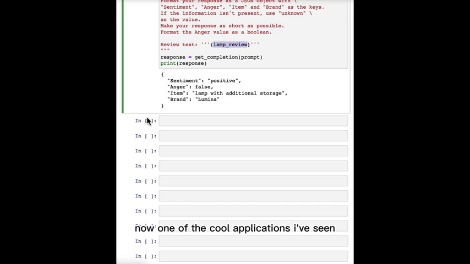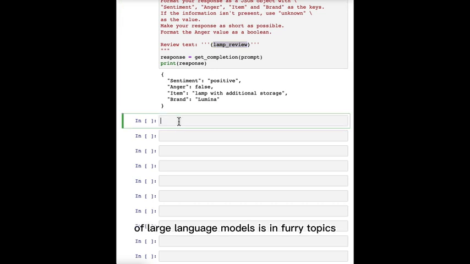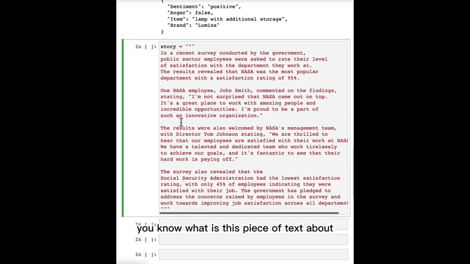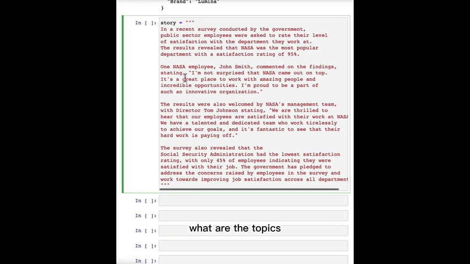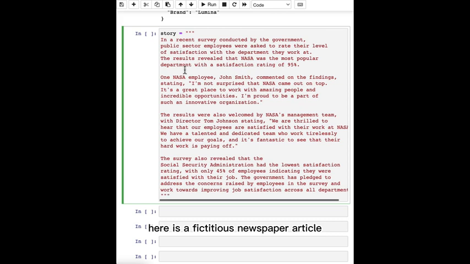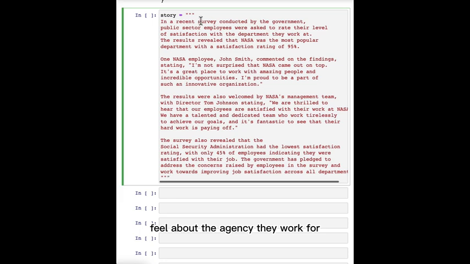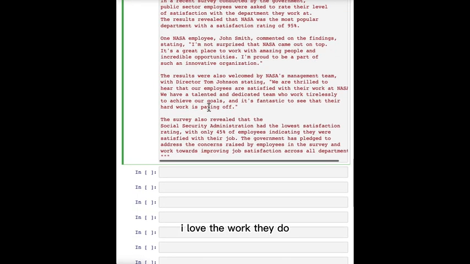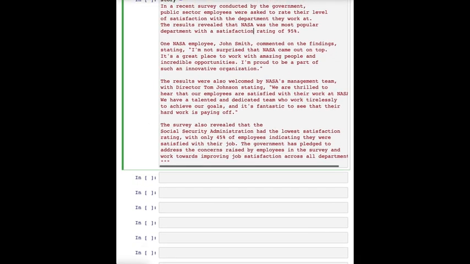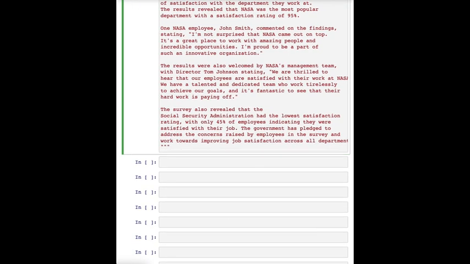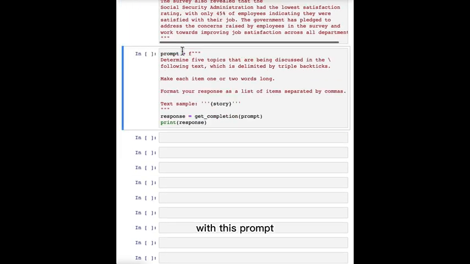Now, one of the cool applications I've seen of large language models is inferring topics. Given a long piece of text, what is this piece of text about? What are the topics? Here's a fictitious newspaper article about how government workers feel about the agency they work for. So the recent survey conducted by government, and so on, results revealed that NASA was a popular department with high satisfaction rating. I am a fan of NASA, love the work they do, but this is a fictitious article. And so given an article like this, we can ask it with this prompt,